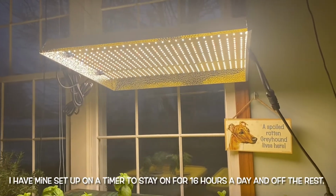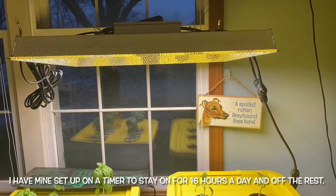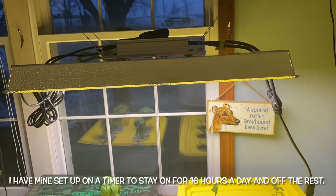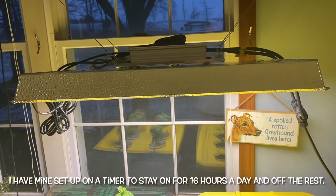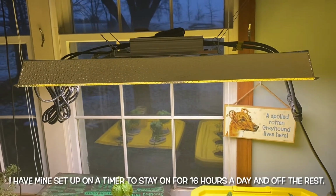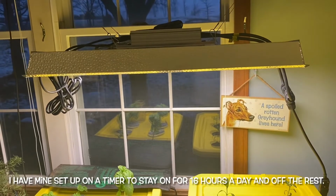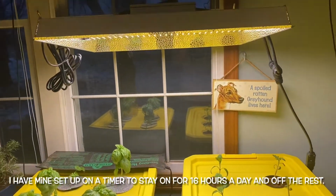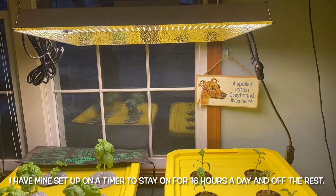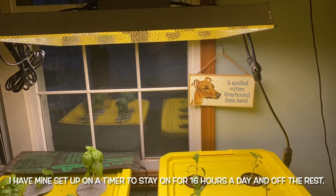An additional note on lighting. I don't have any particular loyalties to any brand of light. However, for those that might be interested, this is a Mars Hydro brand light. I believe it is their TSW2000 light, which was recommended to me as a good light for beginners, but still is a very good quality light. I'm not sure that it really matters what brand you get, but I would suggest